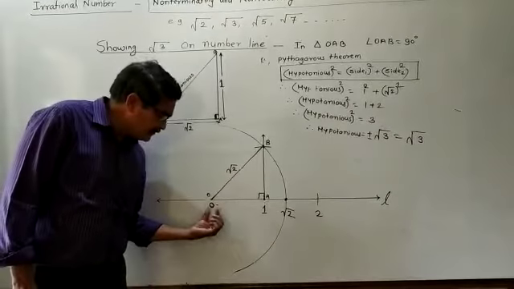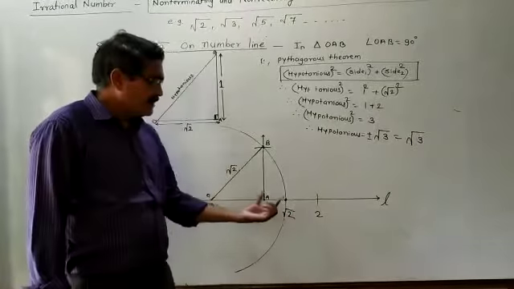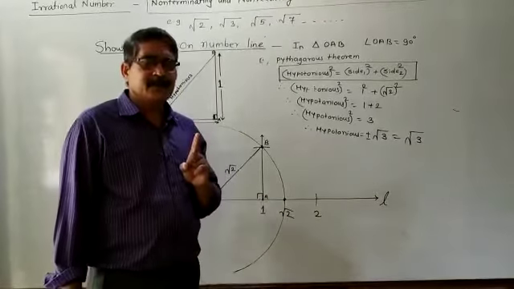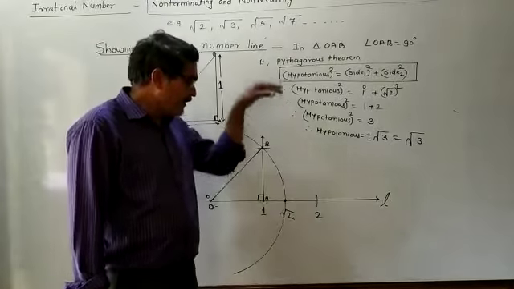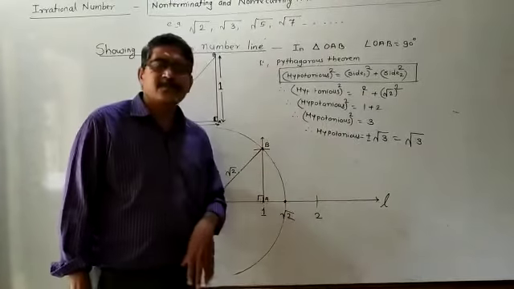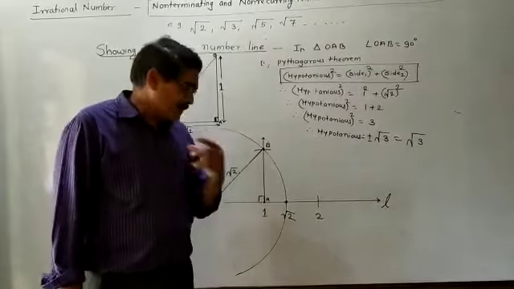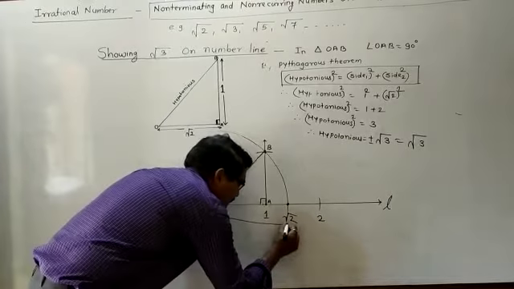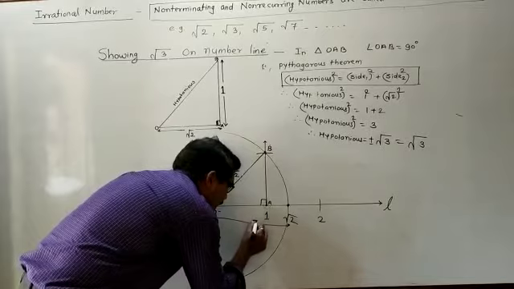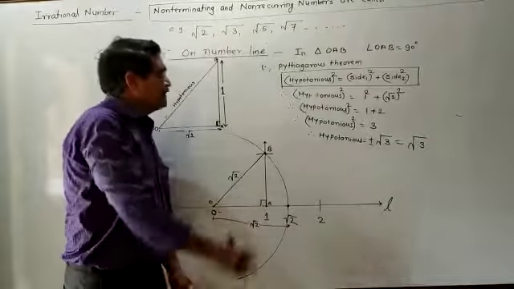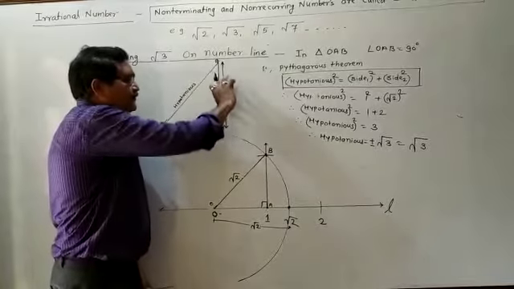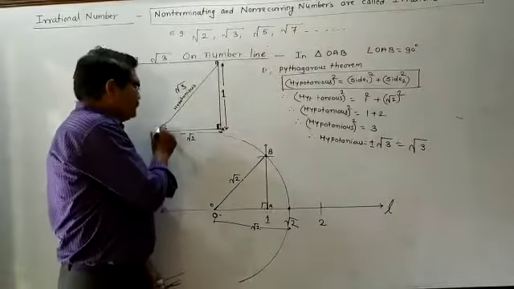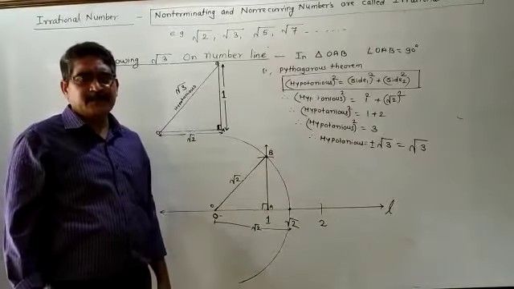This is 0 unit, this is 1 unit, this is 2 unit, and square root of 3 will come in between 1 and 2. If you want to show it on the number line, at that time you have to draw the vertical line, the perpendicular line from square root of 2. What you have to do, that you have to see. You have to take the base as square root of 2. This distance, you have to take as square root of 2 unit. And this vertical distance you have to take 1 unit. Because if this one is square root of 2 and this one is 1, at that time this will come square root of 3. Means from this to this, the radius will be square root of 3.